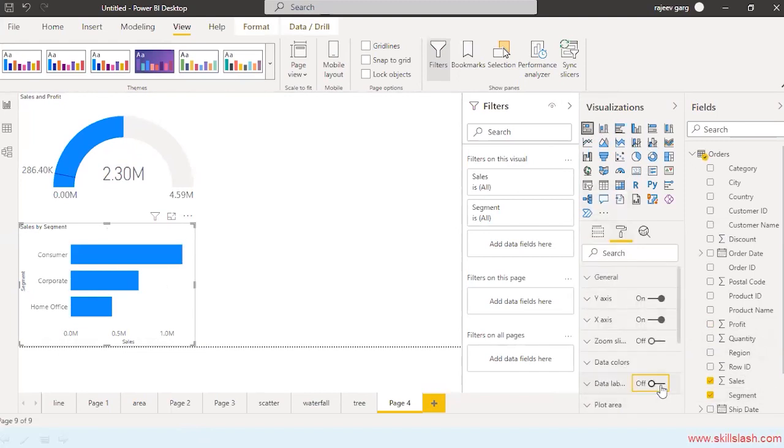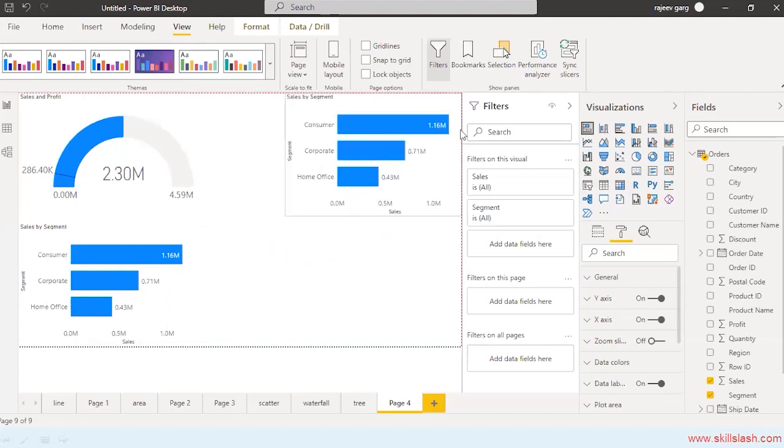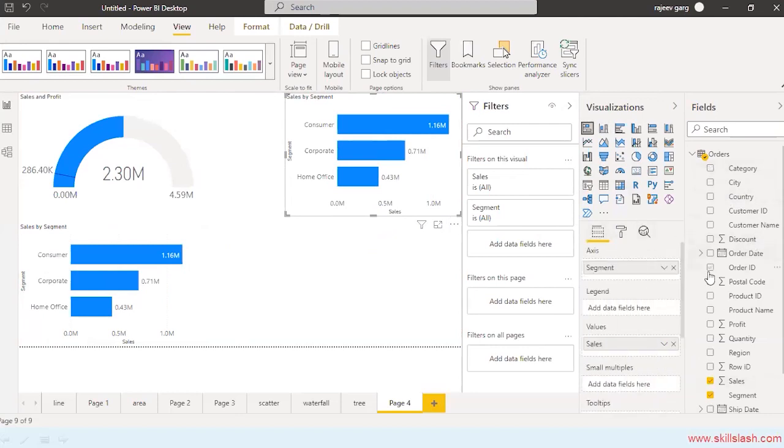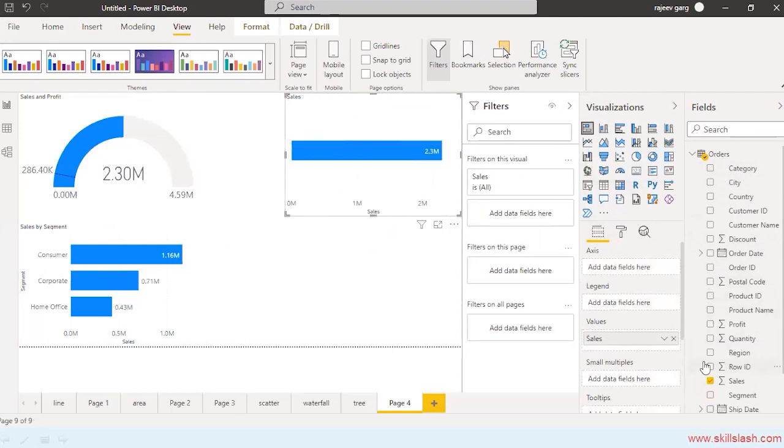Let me display the data labels. I have copy pasted this visual. You can also copy paste a visual. Here I would like to take segment. Let me take the category over here. Or let's take the region.